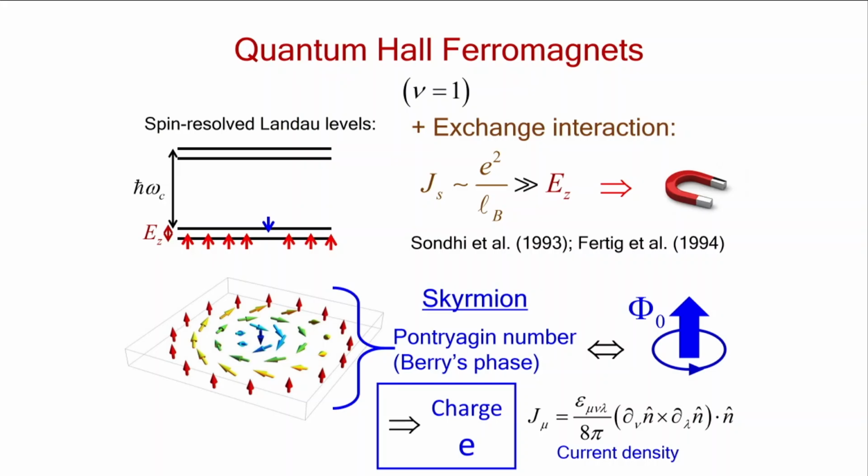And mu nu lambda are indices which include time. So the j naught, which is just the density, is related to this vector product of